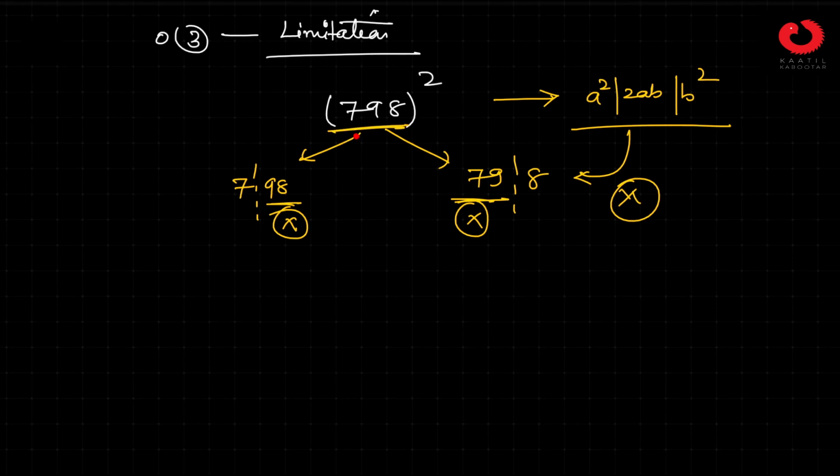This method will not be of any help in such cases. So now we will go into our third topic, which is the modified method. Okay, I guess this is clear now. One more example you can see. This is very simple, like 927. Now you know that 27 square you don't know, and also you don't know 92 square. So wherever you put the line of partition, it will be difficult. Fine. So these are the limitations, and this we will be talking about in our next lecture, the modified methods.